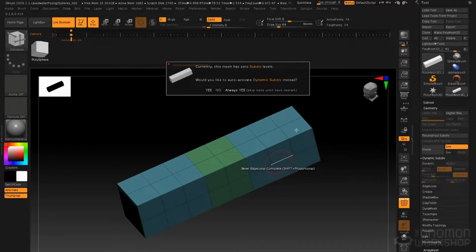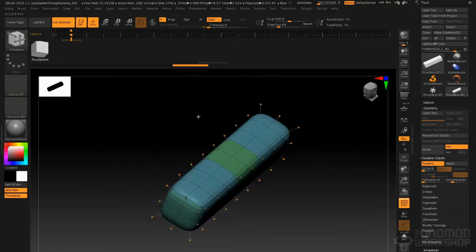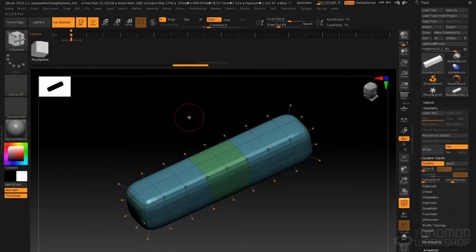This is something that catches people out a lot. Do not add subdivision levels once you're in dynamic subdivision level mode, because that will slow down your ZBrush interactivity. My students in my online class, I'm constantly finding that they are accidentally enabling dynamic subdivision levels and then dividing on top of it, and they don't understand why their brushes then become very slow. So be very aware of that. In ZBrush 2019, they added this pop-up window just to warn you that you're entering dynamic subdivision levels. So we're going to say yes, and now you can see we've got a smoothed version of our model,